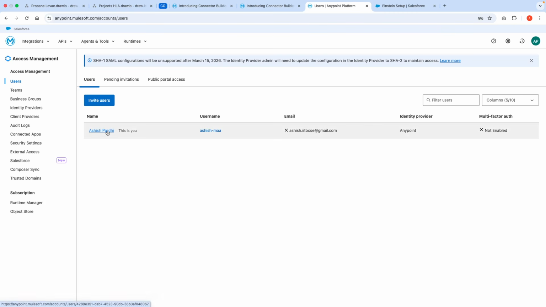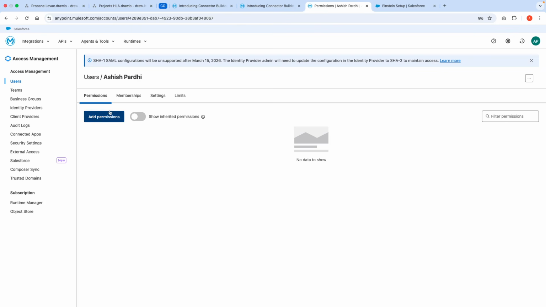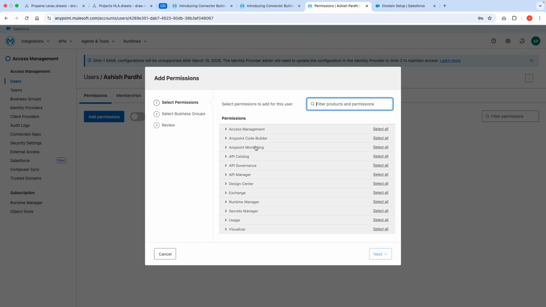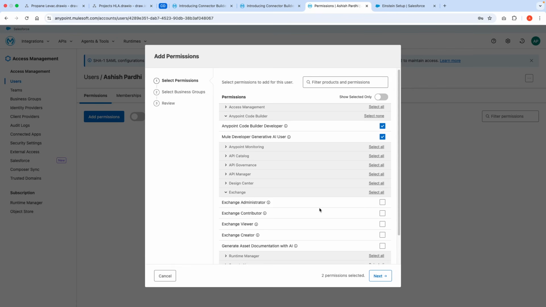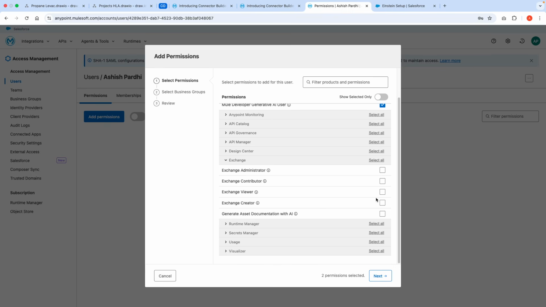You can create a separate team and keep adding users to that team, but I'm just directly going here and applying the required permissions. First, to use MuleSoft Vibe, the Mule Developer Generative AI permission is needed. But I want to use Anypoint Code Builder also, so I'll give both. Then I'll be publishing the specifications to my Exchange. When I'm deploying to CloudHub 2.0, the assets will be published to Exchange, so I need Exchange Contributor, Viewer, and Creator